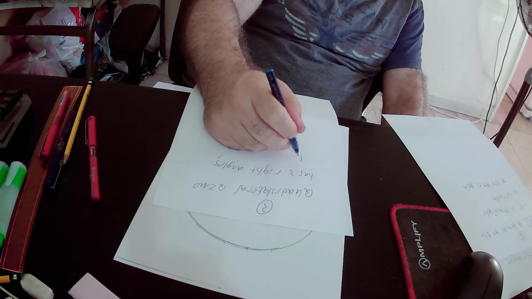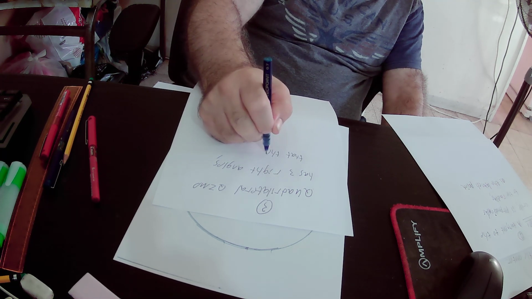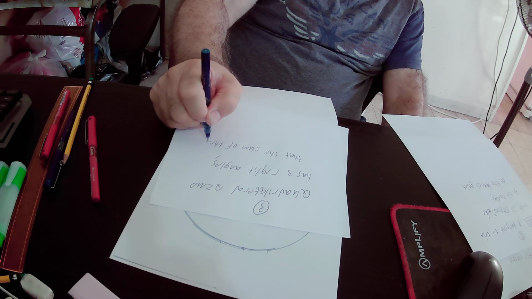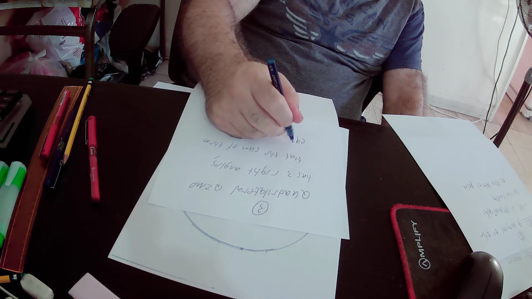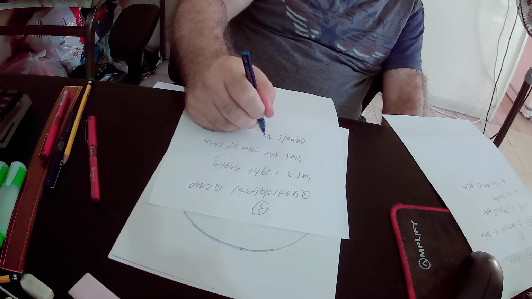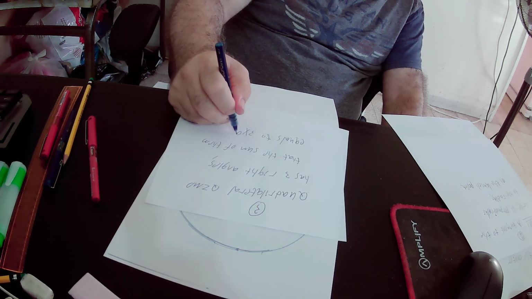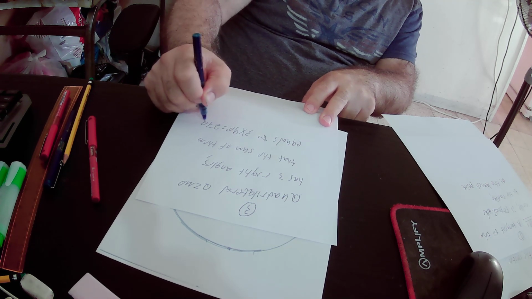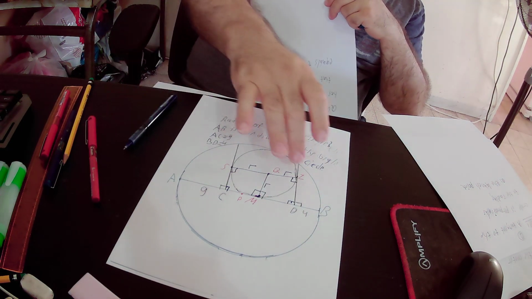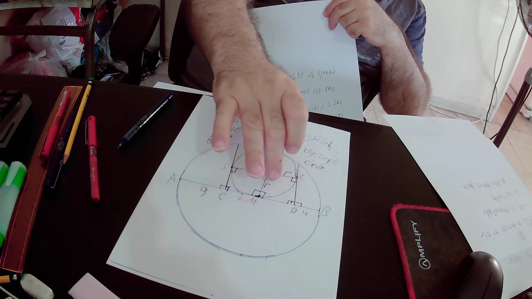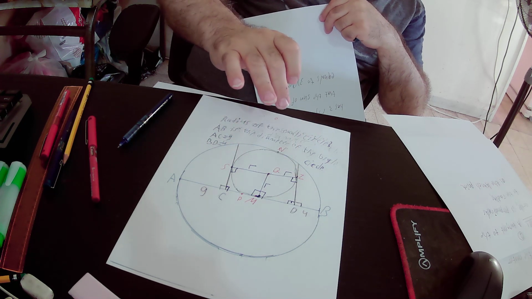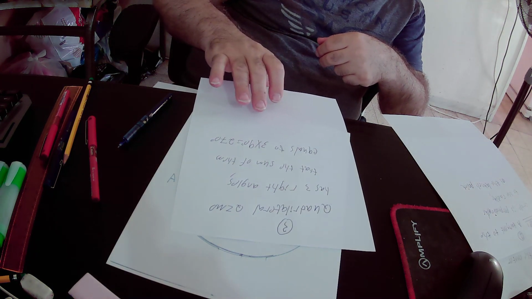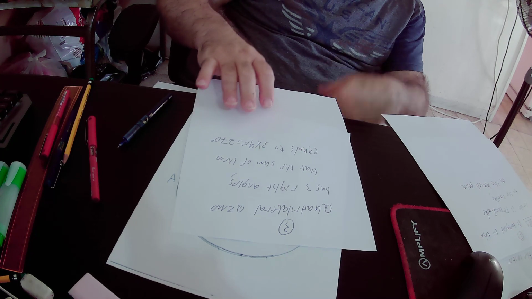The sum of them equals 3 times 90 degrees, which is 270 degrees. Okay, the sum of these three right angles is equal to 270 degrees, because 3 times 90 degrees equals 270 degrees. Okay,